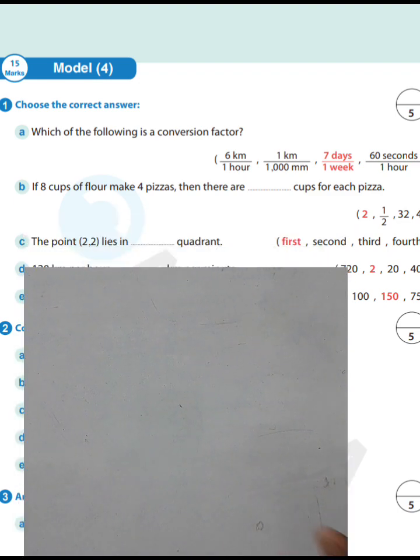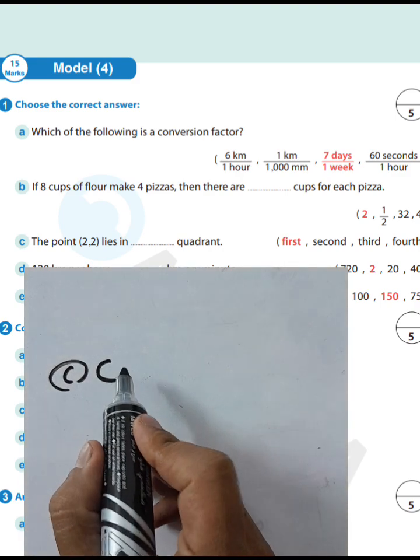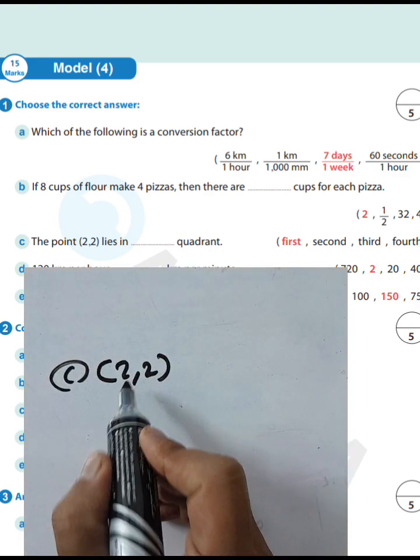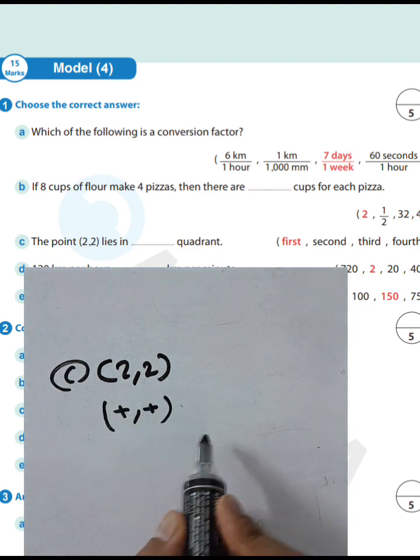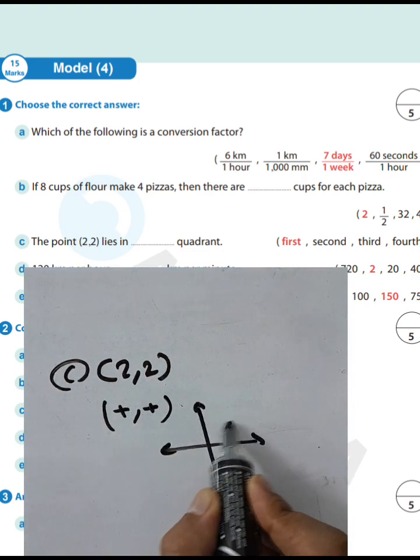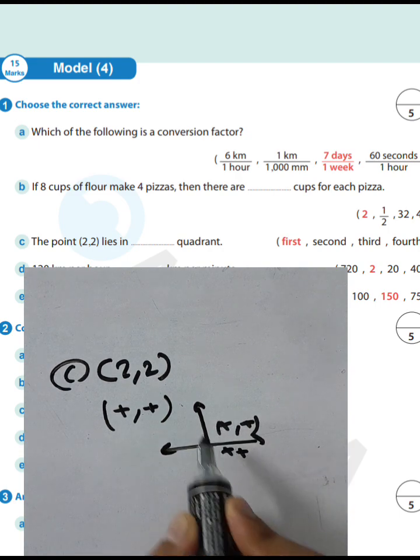Letter C. The point 2 and 2 lies in the first quadrant because the signs here are positive and positive, which lies in the first quadrant. Positive and positive. Okay,